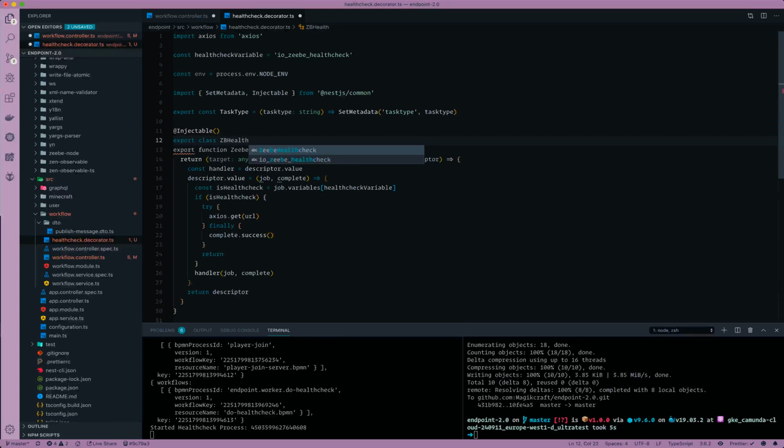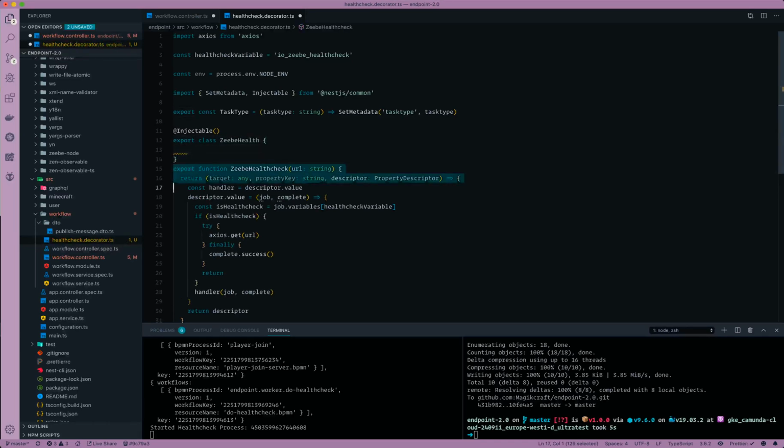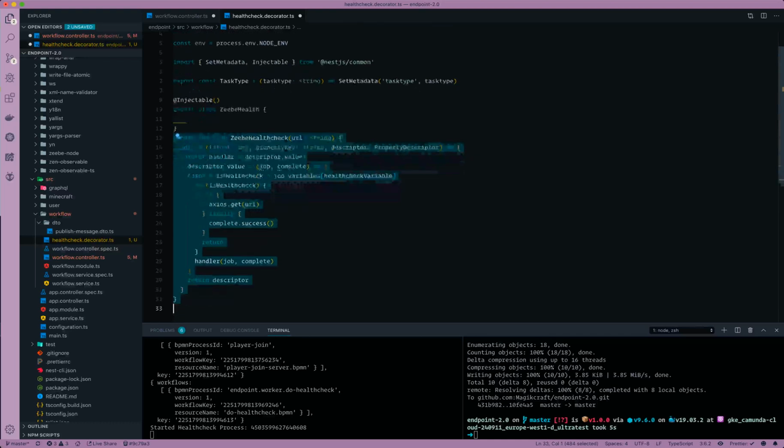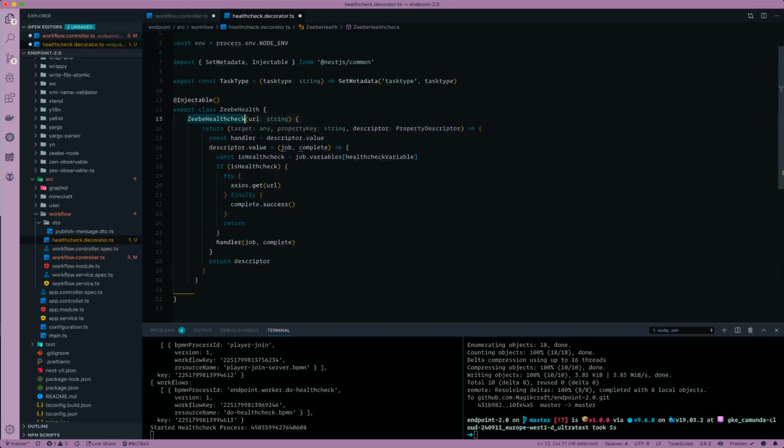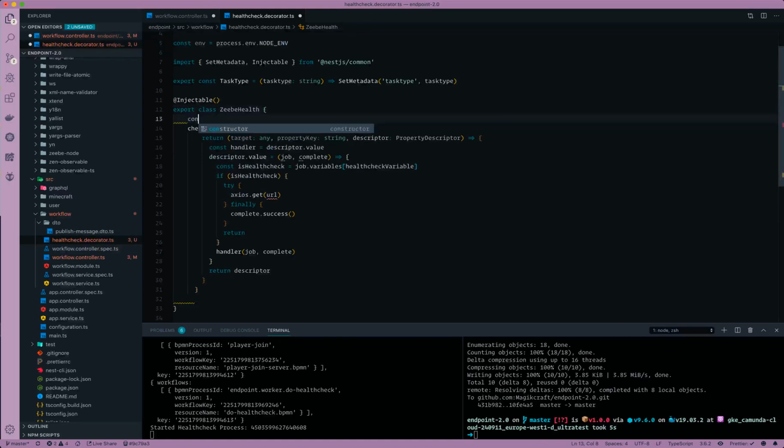Maybe Zeebe worker, Zeebe health, I don't know, whatever. Zeebe health, and like that. And then in that case, we grab this whole thing here, Control X that, Control V it, and then change this to Zeebe health check, take off the URL, and then make the constructor